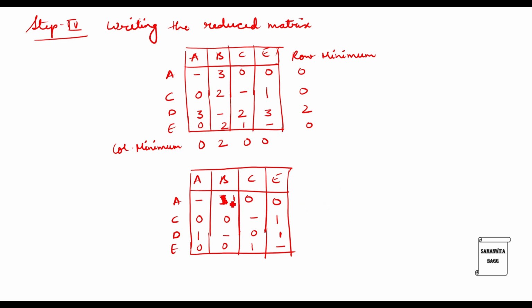For this 0, in the corresponding row, the minimum value is 0. Corresponding column, the minimum value is 0. So penalty is 0. For this 0, minimum value in the row is 0 and in the column minimum is 1. So penalty is 1. For this 0, in the corresponding row, the minimum value is 0. In the column, the minimum value is 0. So this is going to be 0. For this, it is 0 and 0. For this, it is 0, another one which is present, and 1. Here, this will be 0, 0 and 0. For this, it is 0, 0, 0.